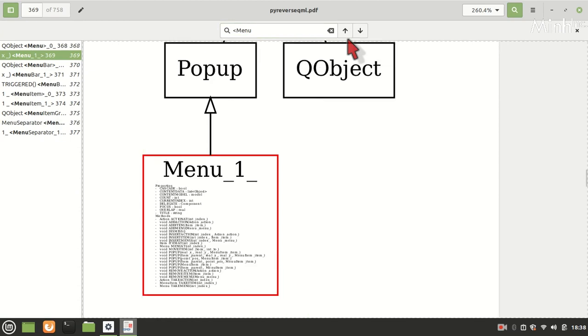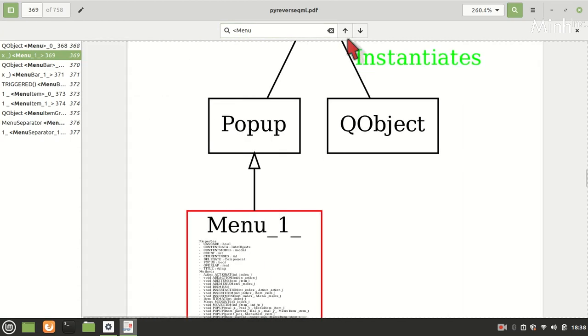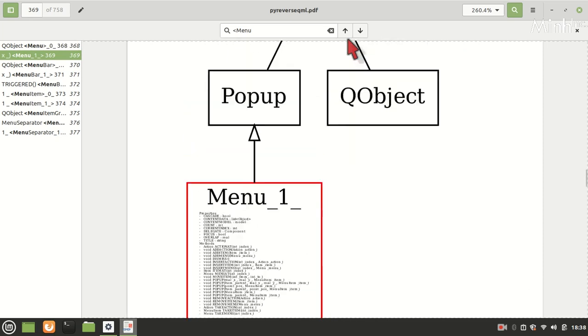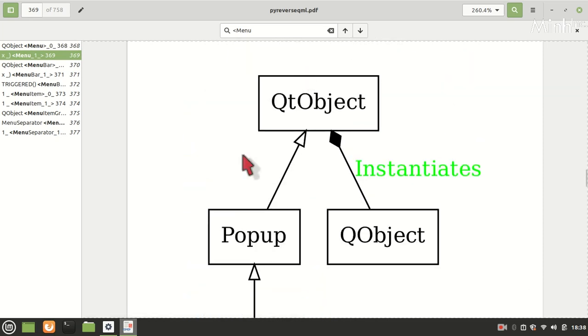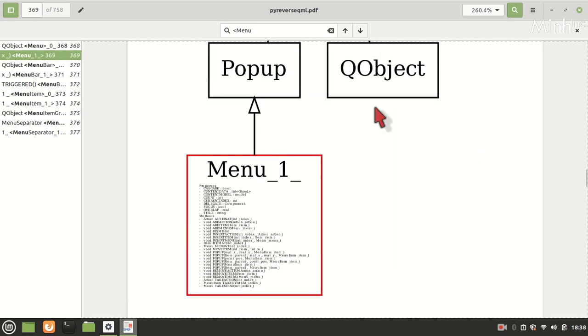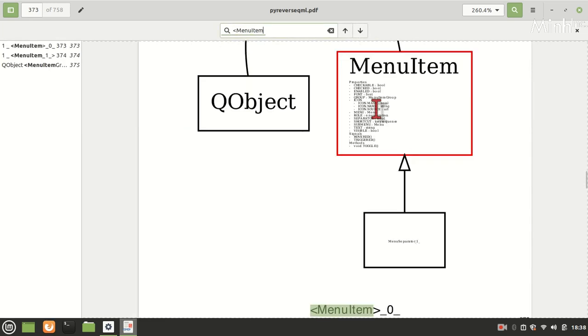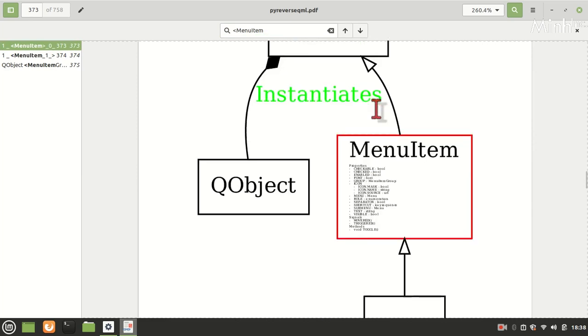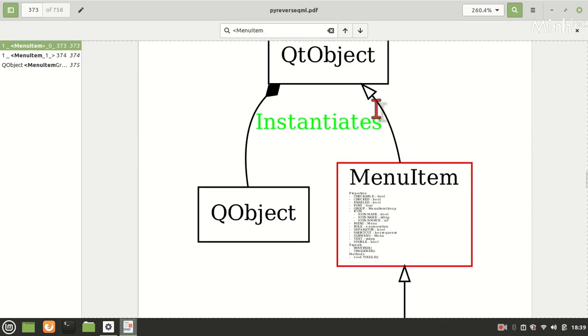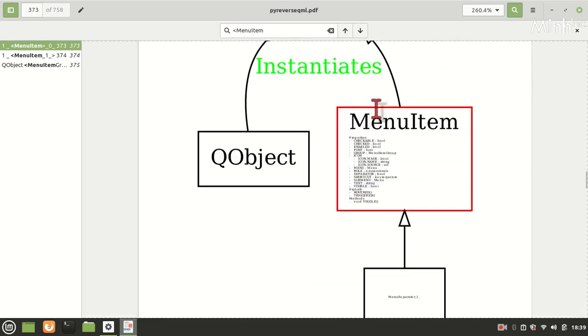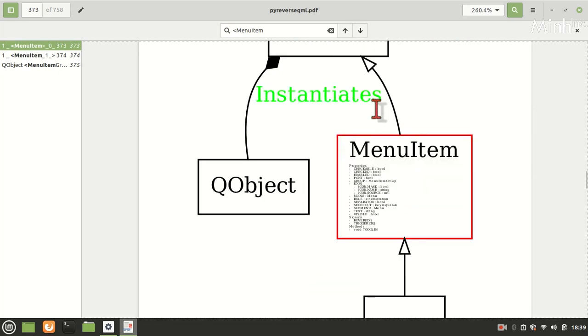Okay. So Menu comes in two modules, one in Qt Quick Controls and another in Qt Labs. So we are discussing Qt Quick Controls. Menu derives from Popup, and then it is a QtObject. And if we see MenuItem, this MenuItem is another one. Okay, we'll see the Controls one.